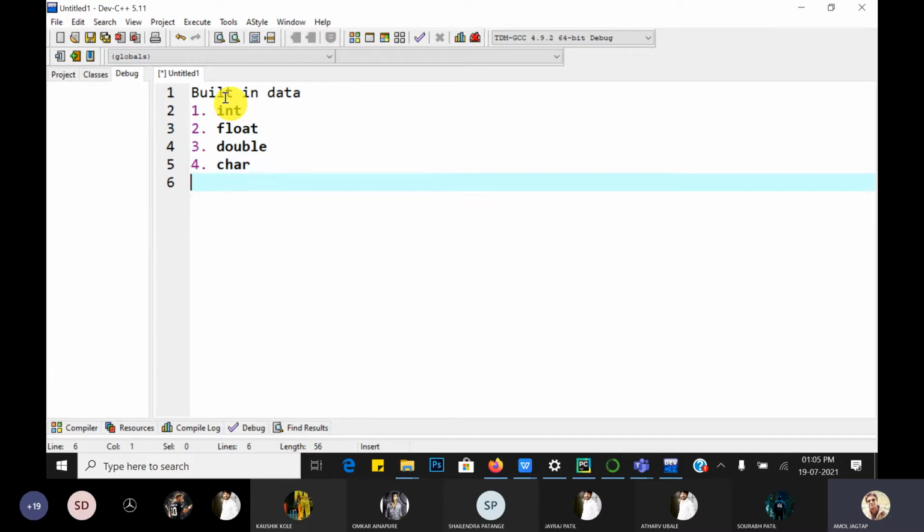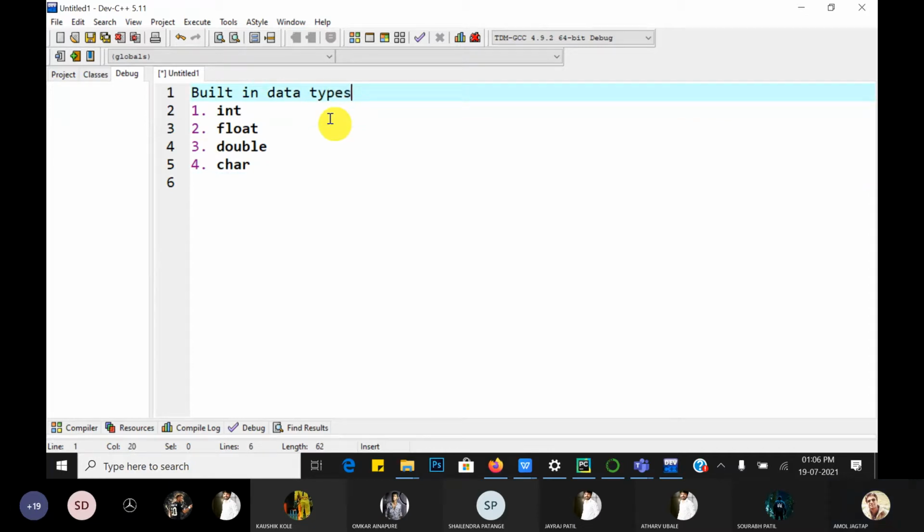Okay, so these are the fundamental built-in data types, which are also called primary data types.